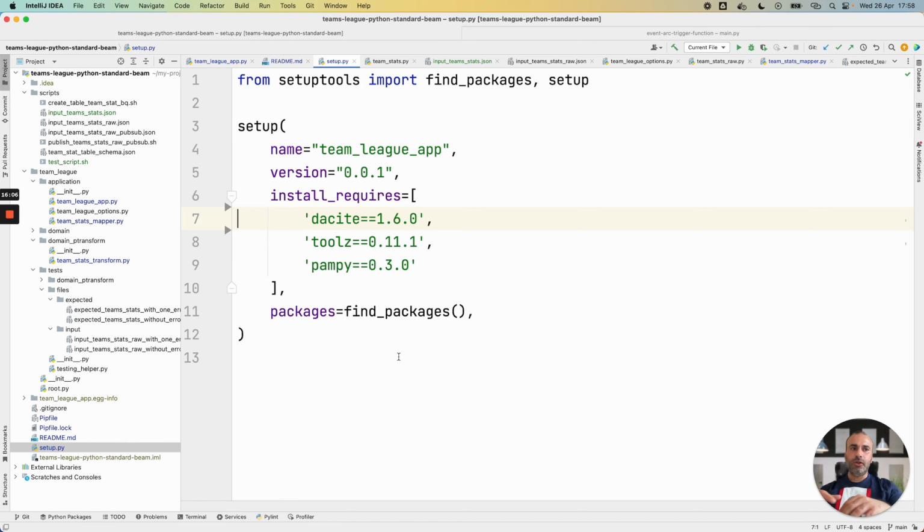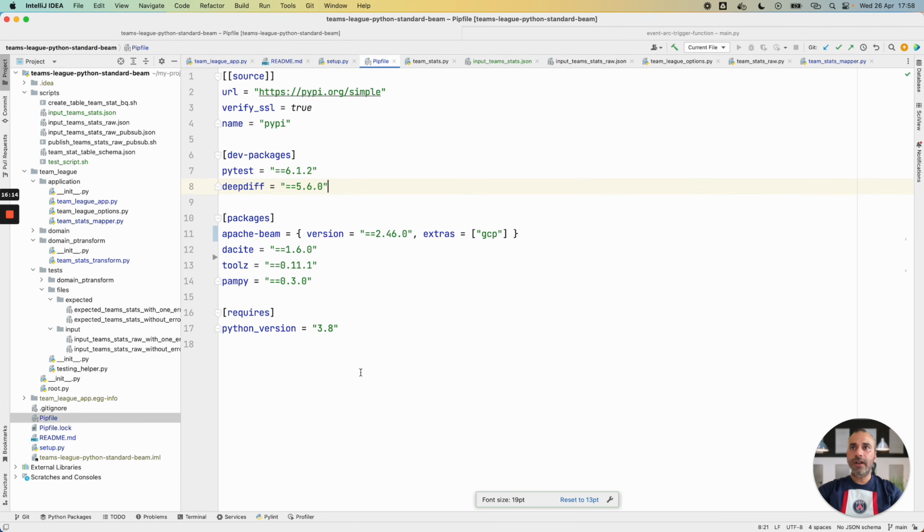In this case, the runner for me is my local machine in my local virtual environment. My virtual environment, local environment, is prepared with pipenv. Pipenv installed all the packages in my virtual env. This virtual env will launch the Python command to instantiate the Dataflow job.